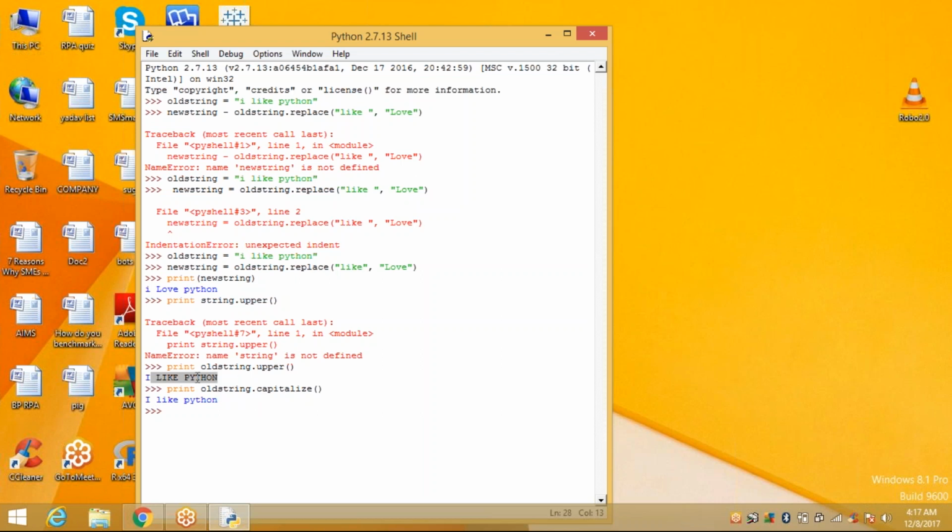Now I want to convert all these values to lower. See here, str is equal to the string.